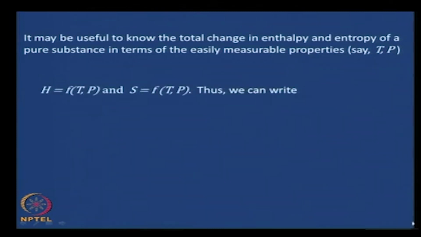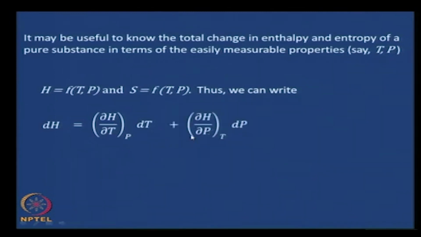To do that, let us write enthalpy as a function of temperature and pressure, and also entropy as a function of temperature and pressure. Again, by now you should be comfortable with this. The total differential dH in enthalpy is equal to ∂H/∂T at constant P. Remember, we had taken this as a function of temperature and pressure. So, ∂H/∂T at constant P times dT plus ∂H/∂P at constant T times dP,